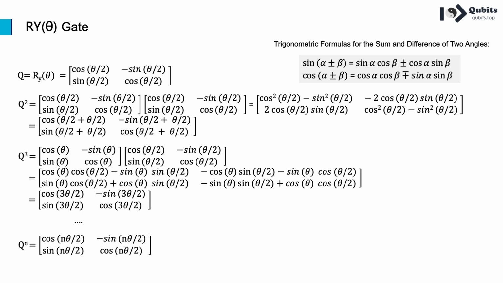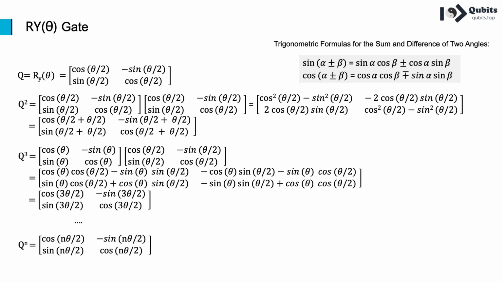The matrix form of the RY gate is a 2 by 2 unitary matrix with elements cosine of theta over 2 and sine of theta over 2 in the diagonal and opposite off-diagonal positions, respectively. When we raise the matrix form corresponding to the RY gate to the nth power, we obtain a matrix whose elements are scaled by the cosine and sine of the rotation angle raised to the nth power. This property makes it useful for simulating the time evolution of quantum systems efficiently, as well as for designing quantum